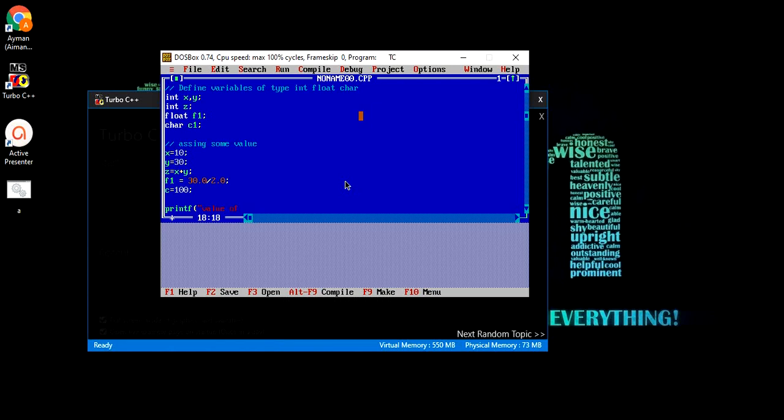Now we are trying to print the values. Let's say the value of x is %d, the value of y is %d, and the value of z is %d.